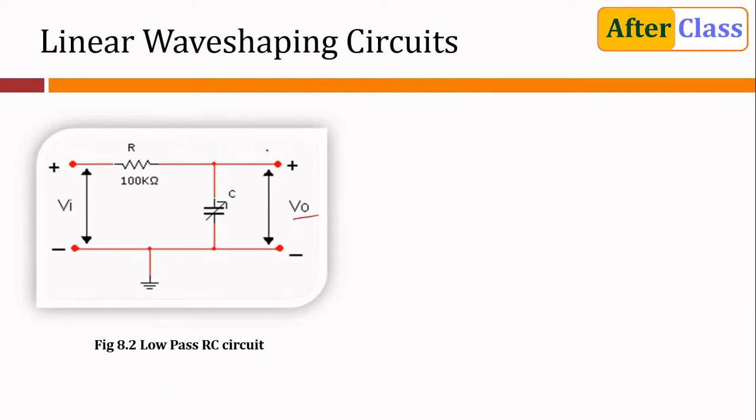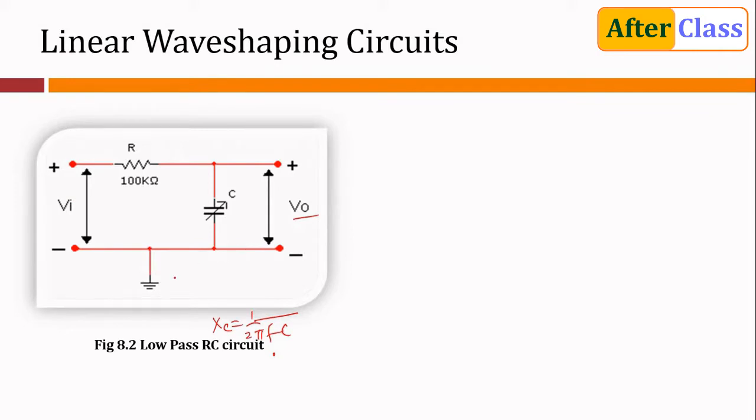Fine. So at zero frequency, this capacitor is going to offer a reactance Xc equals 1 upon 2 pi Fc. Now let us try to understand. The input is kept constant, and the frequency is varied. At zero frequency, meaning it's a DC voltage, the capacitor reactance 1 by 0 is infinity. So it will offer very high resistance, and there won't be any current passing through this wire. Whatever we apply at the input will be available at the output. So at zero frequency the capacitor acts as an open circuit and the output is the same as the input. It is just like two parallel wires.